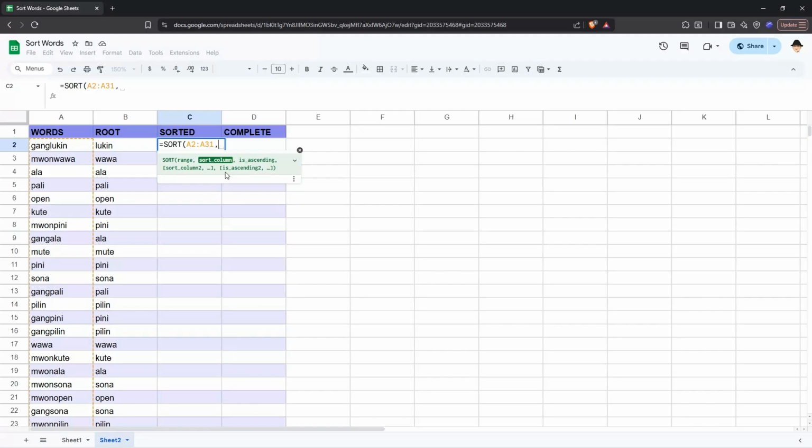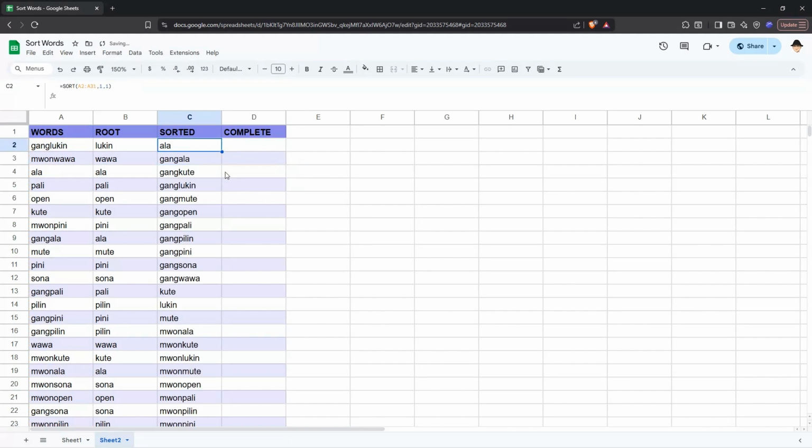So you can sort by A2 through A31, or you can actually sort by column 1 and that will work. Okay, so you can sort by index, which is nice, but you can also sort by column, declaring the range. If I do column A, obviously it's going to return the same as if I were doing column 1, but then I can,